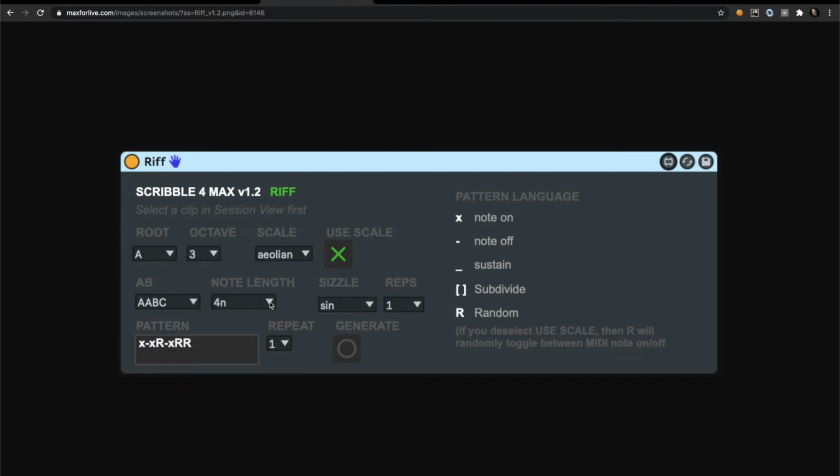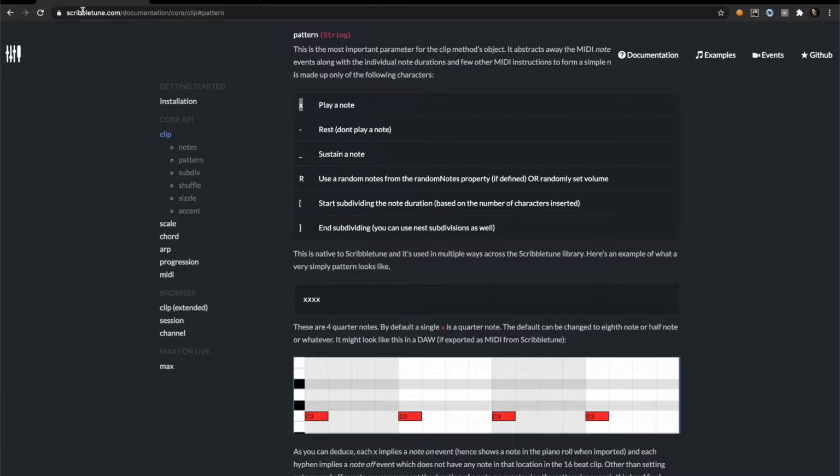Basically, this is a drop down, and when you click this arrow, you'll see an option for selecting the default quarter note. So from quarter note, you can make it a half note or an 8th note or a 16th note or even a whole note, for that matter, an entire measure or 2 as well. Coming back to the pattern language,